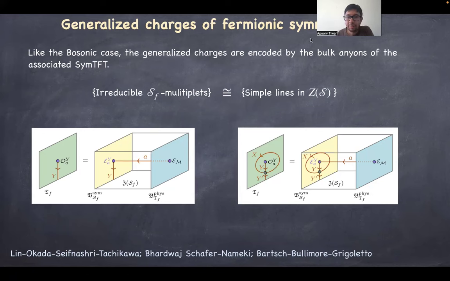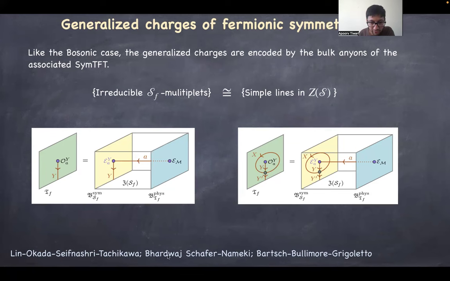Yeah. So let me move on to describing generalized charges of fermionic symmetries. This is very similar to the bosonic case that was studied in several works. We follow the approach of Lakshya and Sakura. And the idea is that irreducible SF multiplets are, as a set, correspond to simple lines in the Drinfeld center